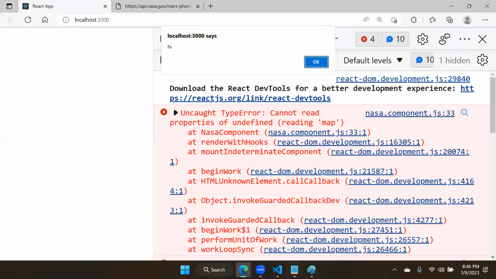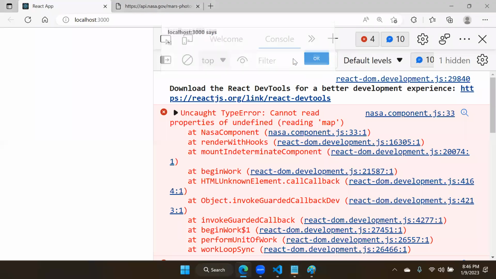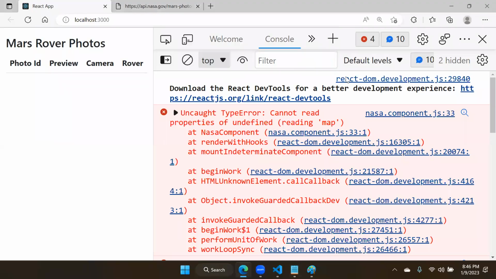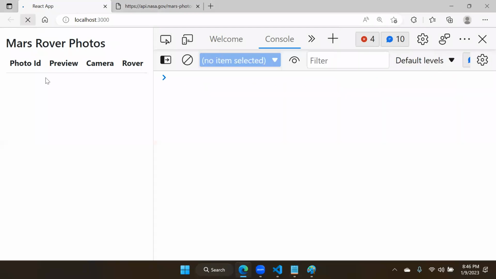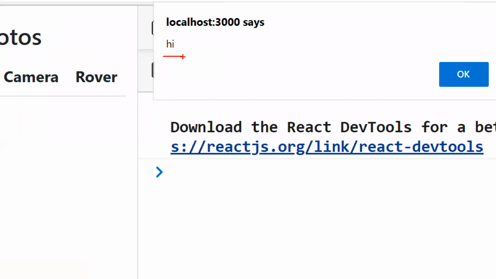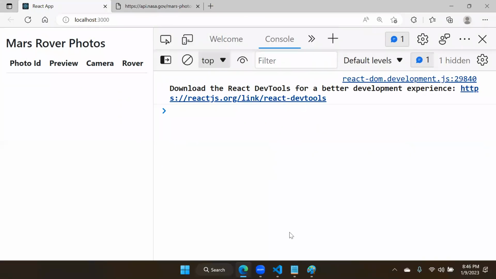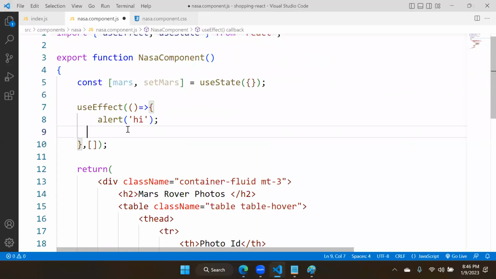And you can see it says hi, right? That means it is working fine. I will refresh the data. You can see it is showing hi. That means it is able to display the message, so it is working at the time of loading. Okay. Now what we will do at the time of loading is fetch the data from the API